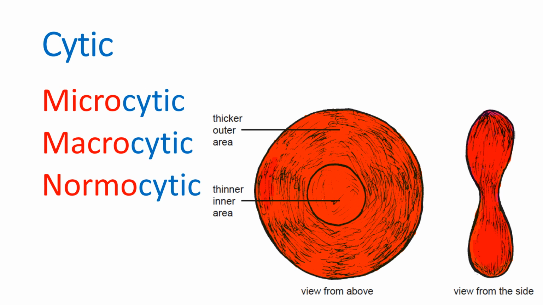So still thinking about cytic, we can have microcytic, which means small cells. And as we saw, iron deficiency anemia is a microcytic anemia. Or there can be a macrocytic anemia, as can occur, for example, in pernicious anemia, which might be caused by a lack of vitamin B12. Normocytic would simply mean that the red cells, the erythrocytes, are of a normal size. And macro and micro are common terms that we use in a lot of medical vocabulary. Micro from the Greek mikros, meaning small. Macro from the Greek makros, meaning large.